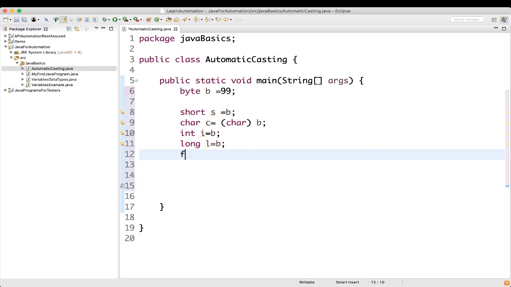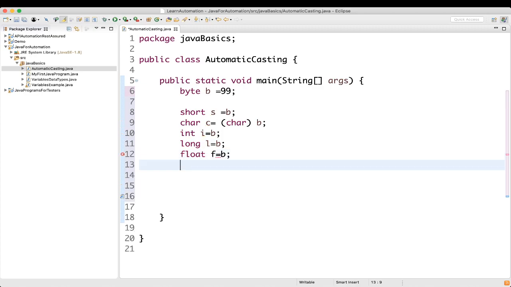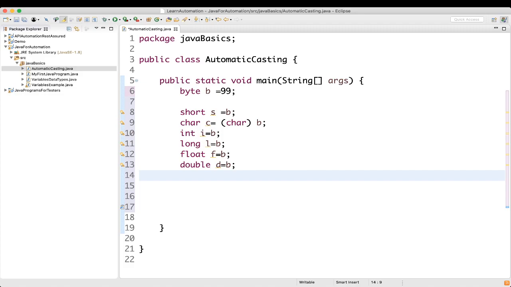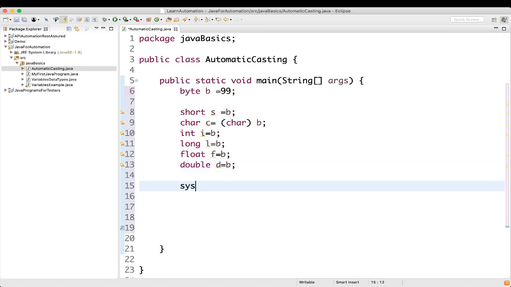Then we have float f equal to b. Then we can take double d equal to b. So what we are trying to do here is we have taken different types of variables and we are assigning the byte data type value to them, and let's print it.